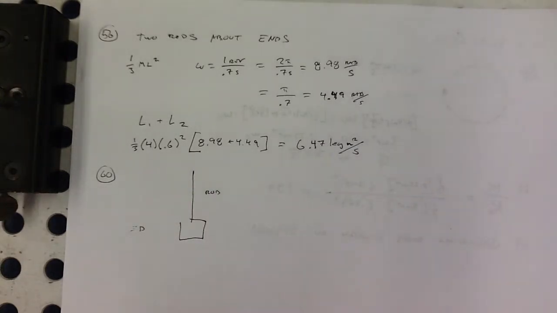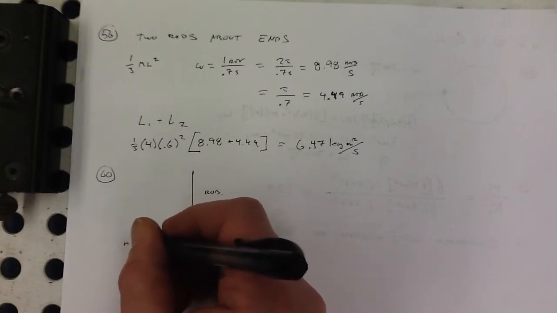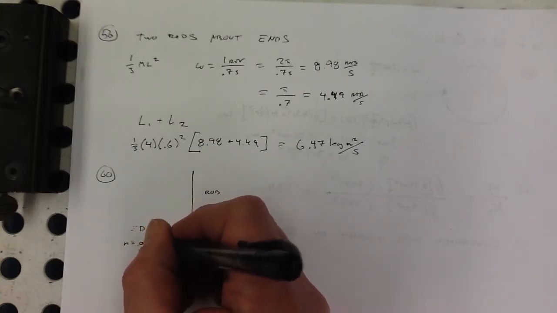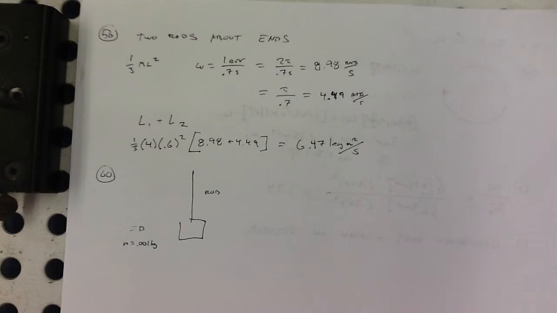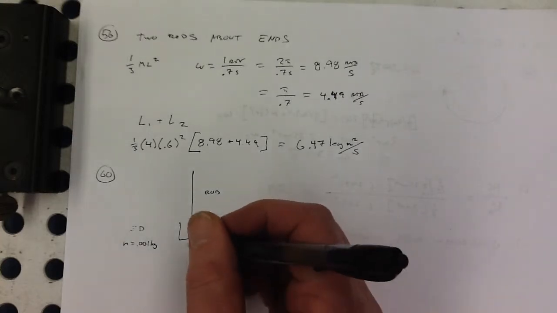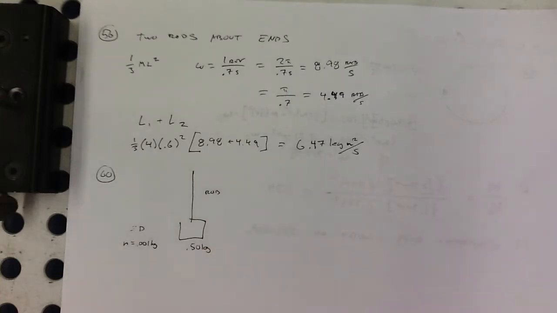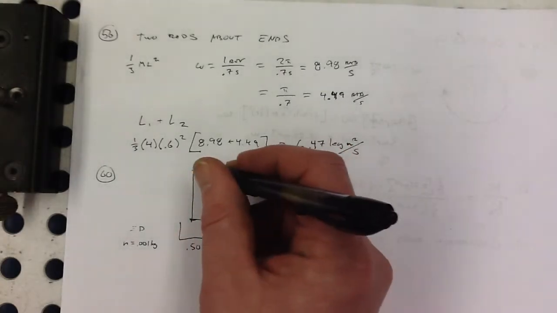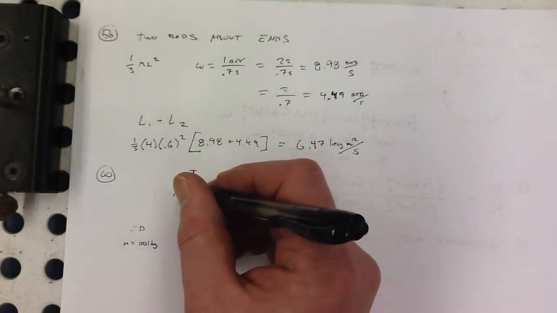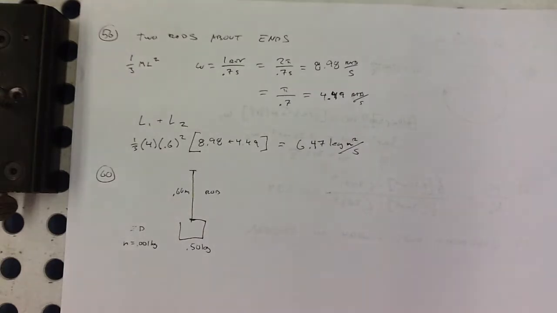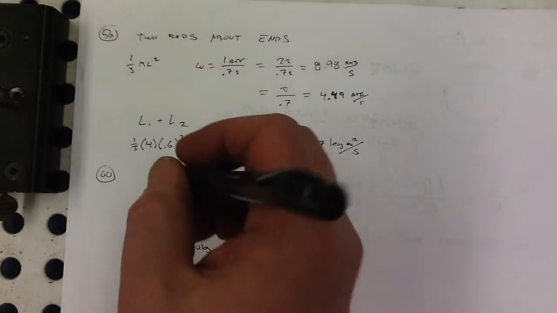So let's see, bullet has a mass of 1 gram, and the block has a mass of 0.50 kilograms. It's attached to the end of a 0.60 meter rod, so that's from here to here, 0.60 meters of a mass